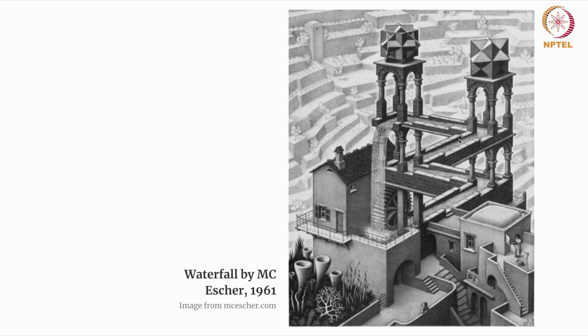So this illusion, for example, this is here and then suddenly it is taking part in this space which is a little away, and then also this water which is coming from the top, and then it feels like it is coming from the two-story. So in actual this is not possible, but when this kind of illusion is getting created, it creates a lot of impact and interest as well. So I would suggest please look into Escher's work. He has done a lot of this kind of work, and inspire yourself.